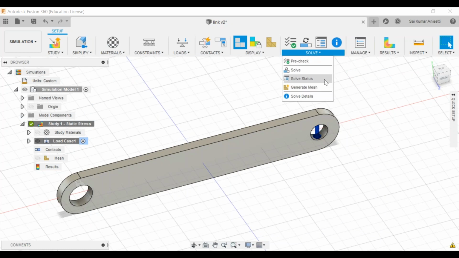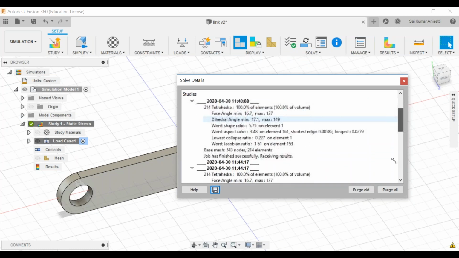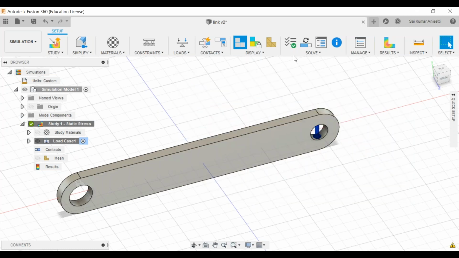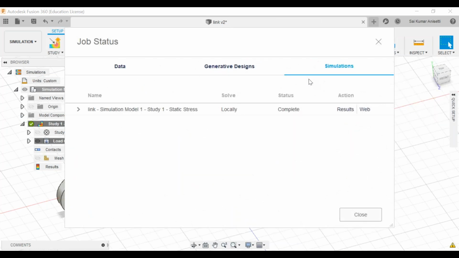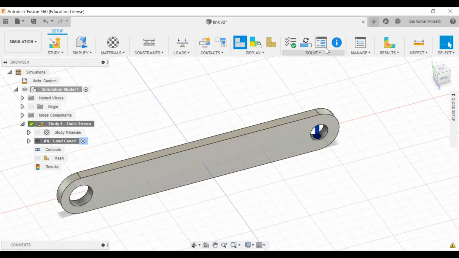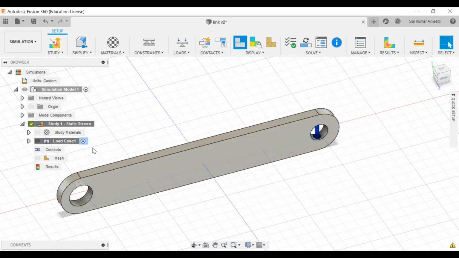And if you want to solve, see, this is your solve report. Okay, shortest edge, longest edge. This is your simple case study. These are a little bit advanced, don't go that deep. Generative mesh, what is solve status. So we can check whether my status is right or wrong. Preparing the model, it has completed everything. There are no errors in meshing, solving your component and everything. Okay, click OK. And if you have solving details, you can check; that is all about how you actually do it.